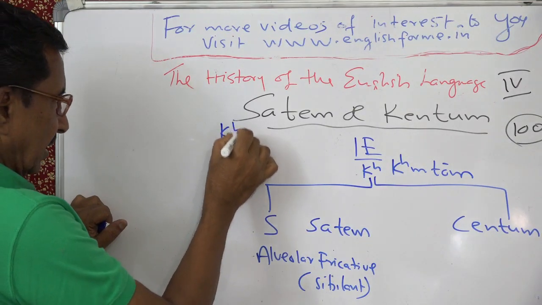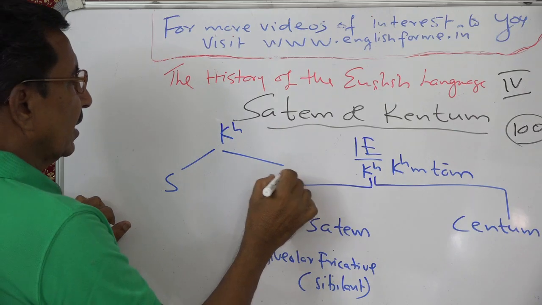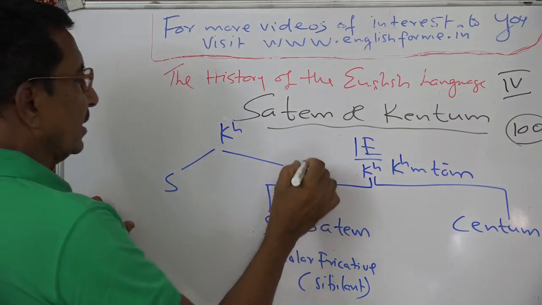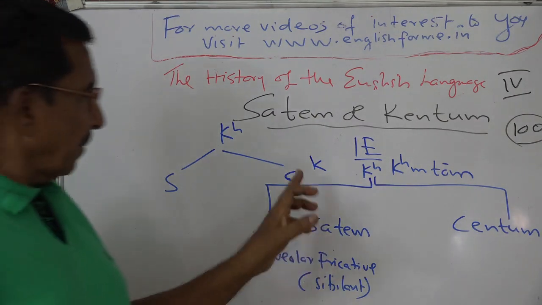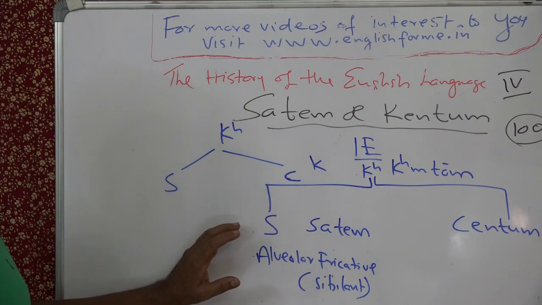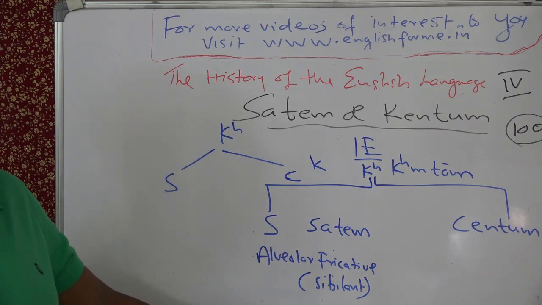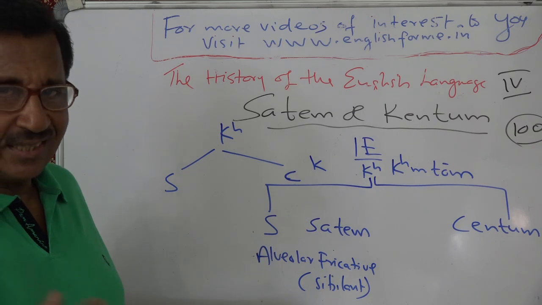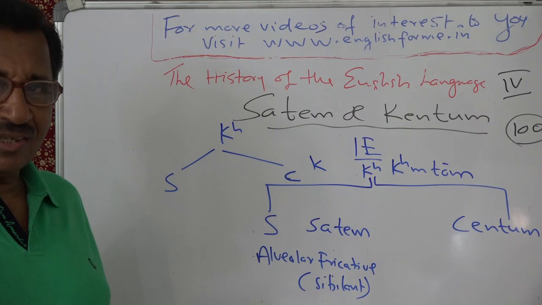Here it is S and here it is K. Written C, but it is pronounced K. So here what happens, it became a plain sound in this case. Here there is a big change. What is that? From a guttural to an alveolar fricative sound, or a sibilant. Voiceless. This is also voiceless. This one. So this is voiceless.